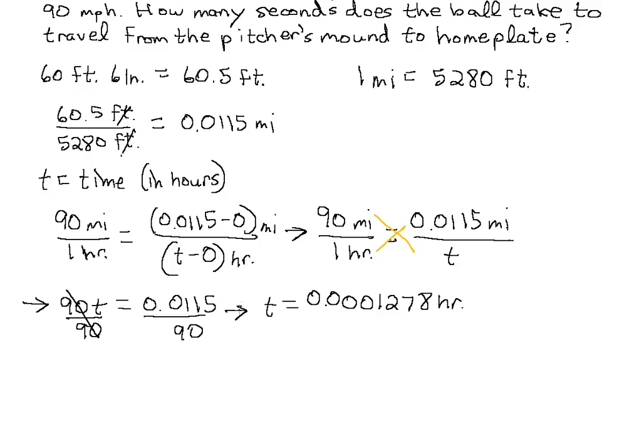Since it's such a small fraction of time, we want to give it in seconds, which will make a little more sense because not too many people think of this span in hours. When we're converting larger units, hours, to smaller units, seconds, we multiply. So let's take 0.0001278 hours and convert it to minutes first. We multiply that by 60 minutes per 1 hour, because there's 60 minutes in 1 hour. Hour cancels with hour, which gives us